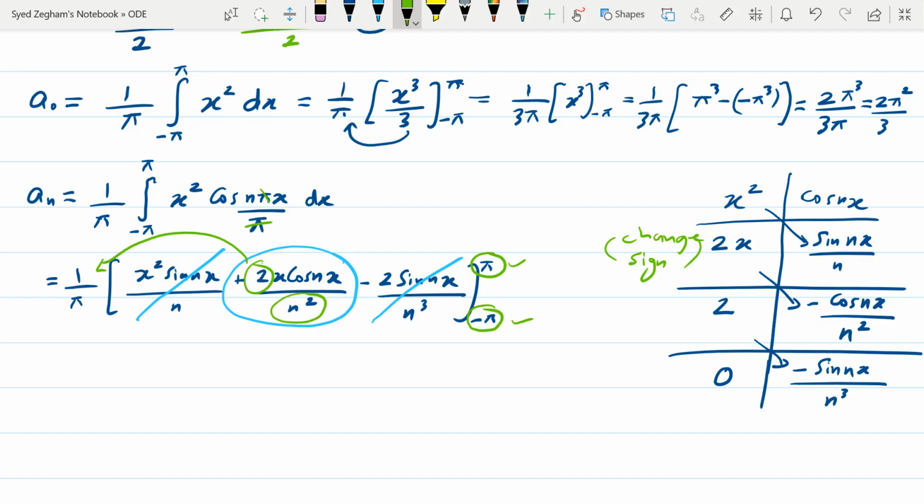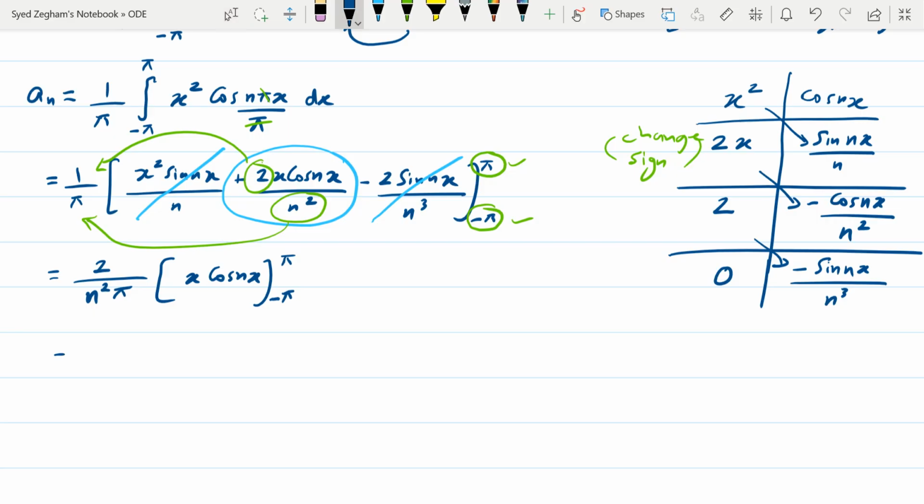N square is also a constant, this also you can keep outside the bracket, right? So your term simplifies to 2 outside, and n square outside, so that will be n square with a pi. Okay, and inside you are getting x cosine nx with limits minus pi to plus pi,